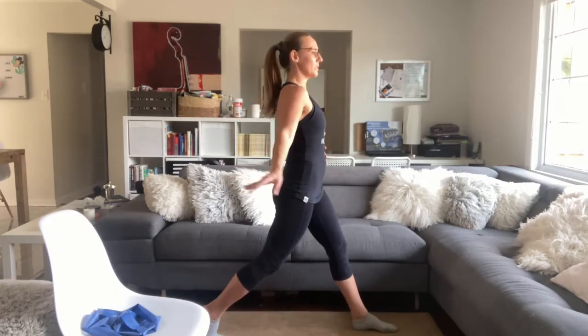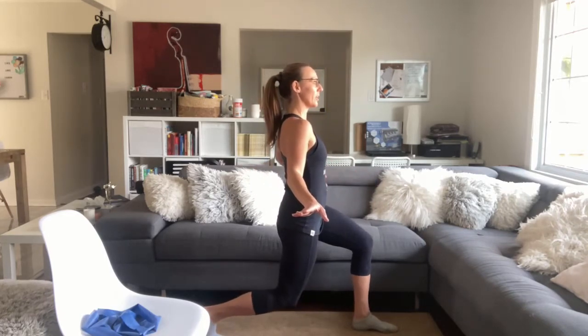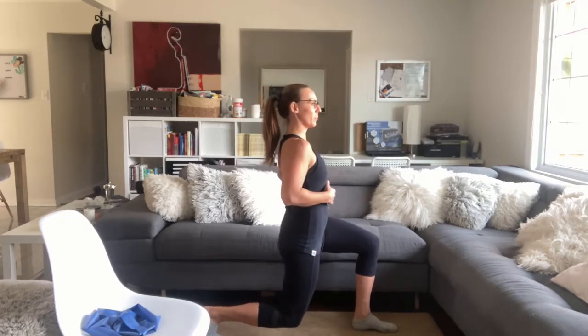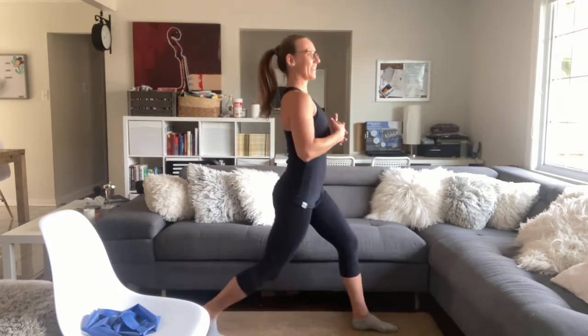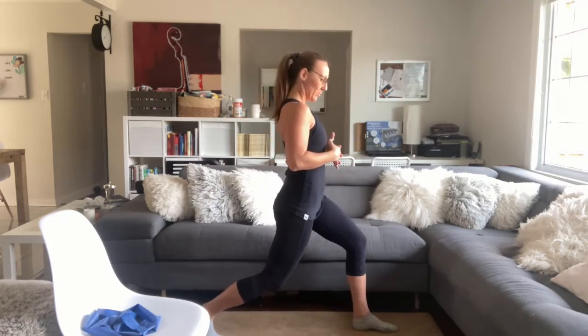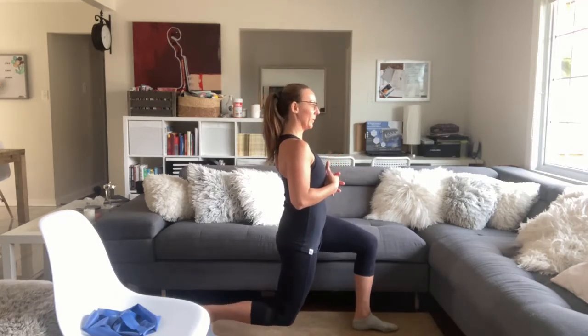Back up. If you need to use a chair beside you, you can also use the chair beside you for more stability as well. Hold it down here if you want a little bit more of a challenge, and then come right back up. Moving nice and slow, controlling your tempo,